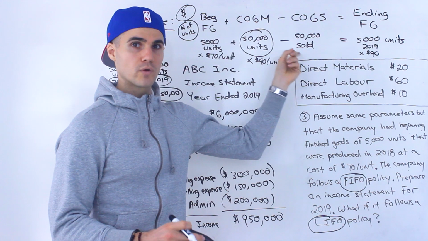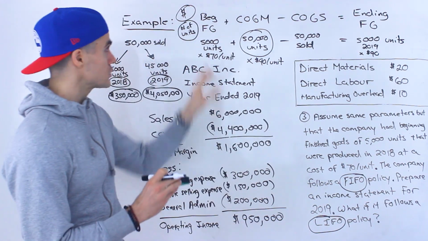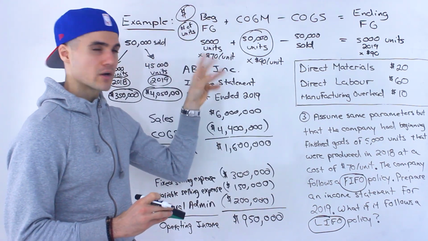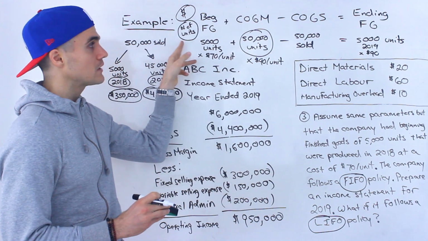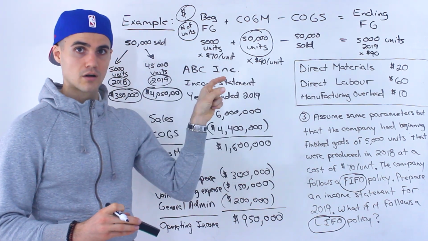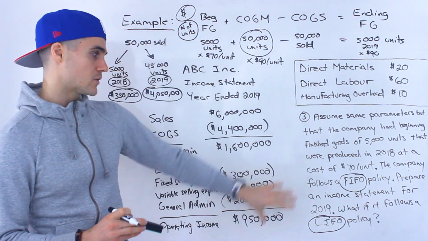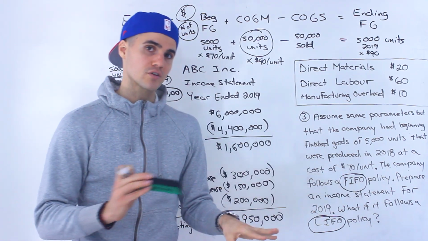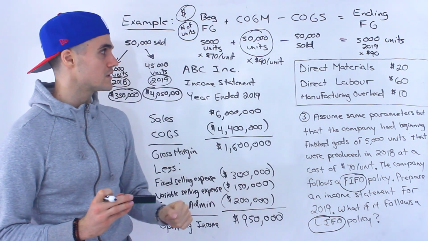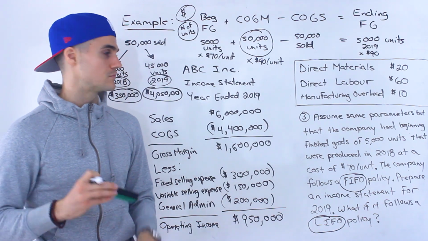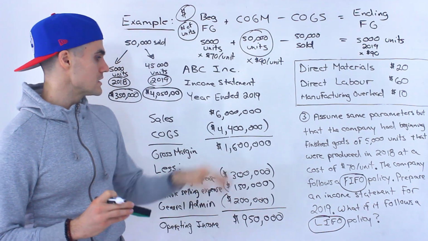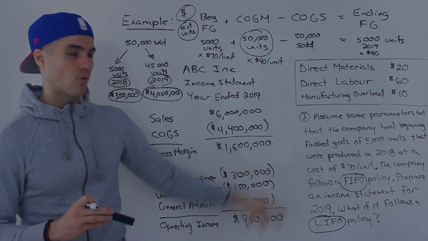All right, so thought this was a good example to tell you that these lines here, when you're dealing with that manufacturing flow chart, usually they're going to be in dollar terms. That's what we're going to be using it for, but they could also be in terms of the number of units. And when you get questions like this dealing with FIFO versus LIFO, then that number of units becomes important. That perspective becomes important. All right, so this is the income statement for number